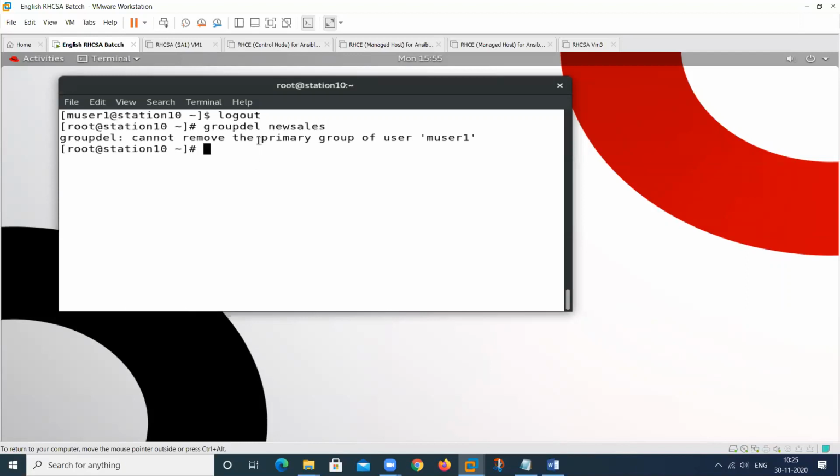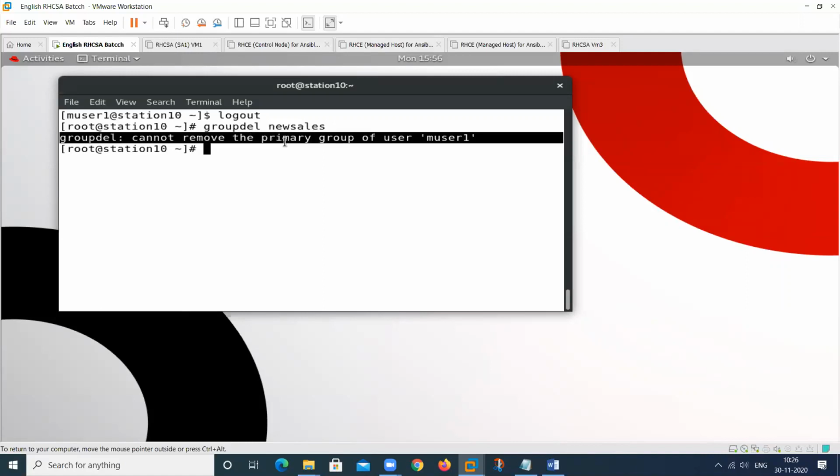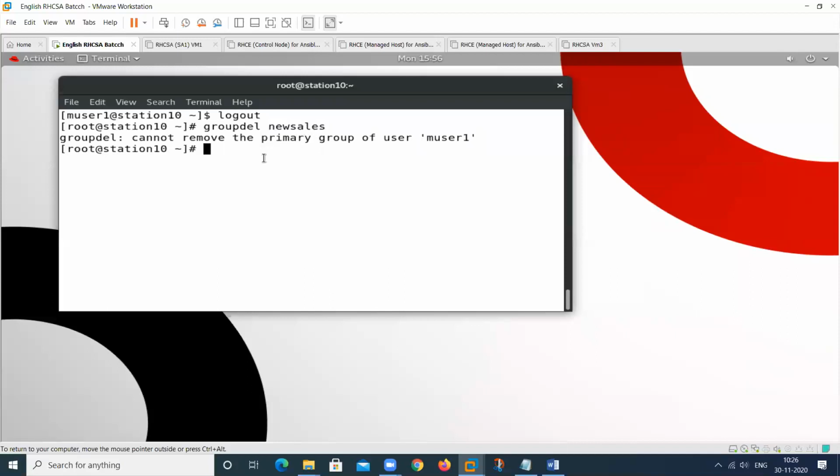See here, this is the primary group of a user. A primary group cannot be deleted if it is a part of any user, so we should remove this first, then we can delete this particular group.